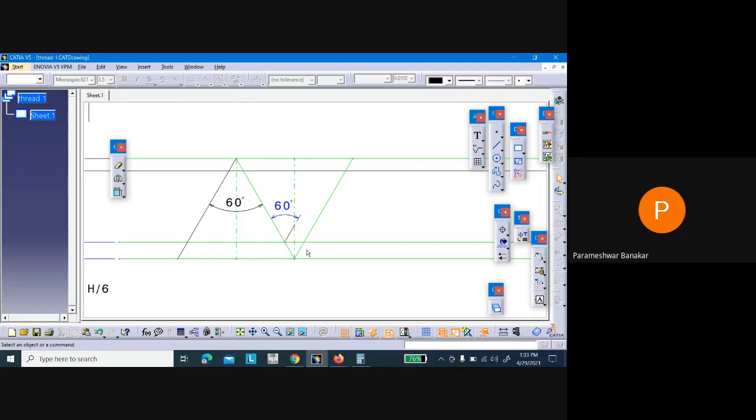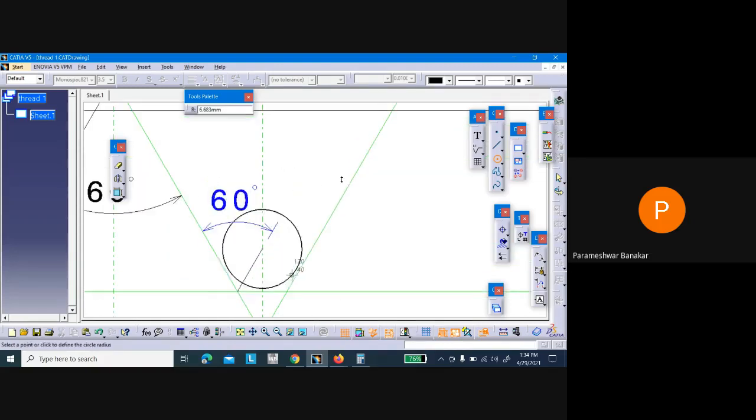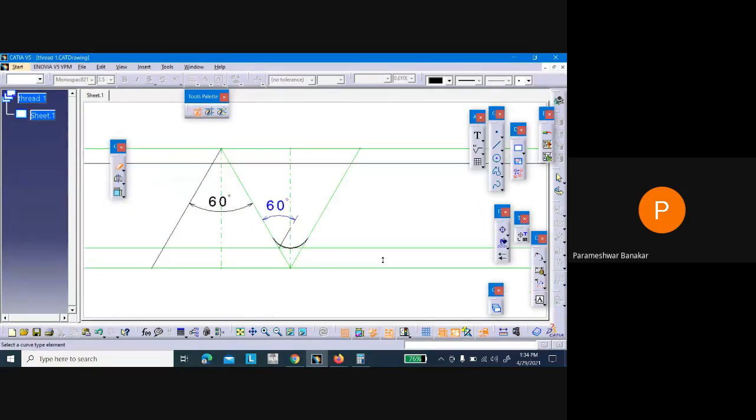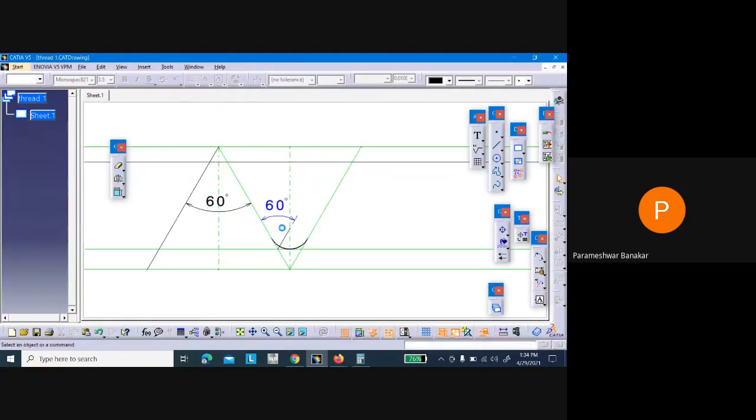Okay, let it be. Go to circle once again. Create a circle which is tangential to these two lines. Use the trim option. Remove this, remove this. So now the arc is there. I want to keep this arc on this side also. Select the arc, go to the mirror option, click it here.